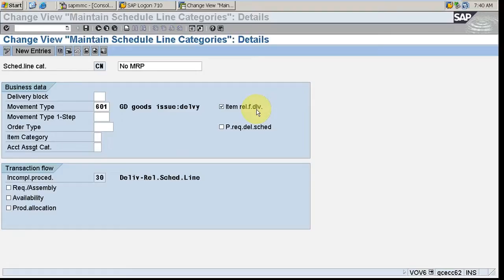As we discussed, this field is already there in the item category. But that field is only relevant for the text item and value item. We want the text item and value item to be relevant for delivery. That is item specific, which we have in the item category.